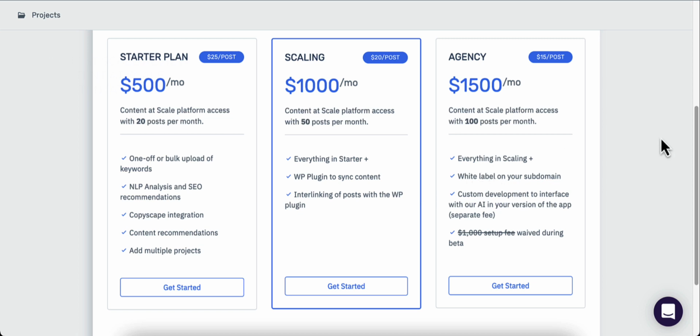So it's best to use the long tail keywords and the least competitive keywords to rank for when you go with Content at Scale. And they're going to help you with that by giving you the keyword research for you.